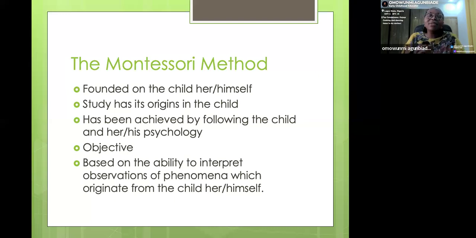In other words, the ultimate goal for us as educators when we talk about the Montessori method is to help the child to grow into a capable, thoughtful, and compassionate adult who contributes to society. Our role is to help the child grow to become a capable, thoughtful, compassionate adult who contributes to the society. Because in a typical Montessori environment, that society life is already in place.